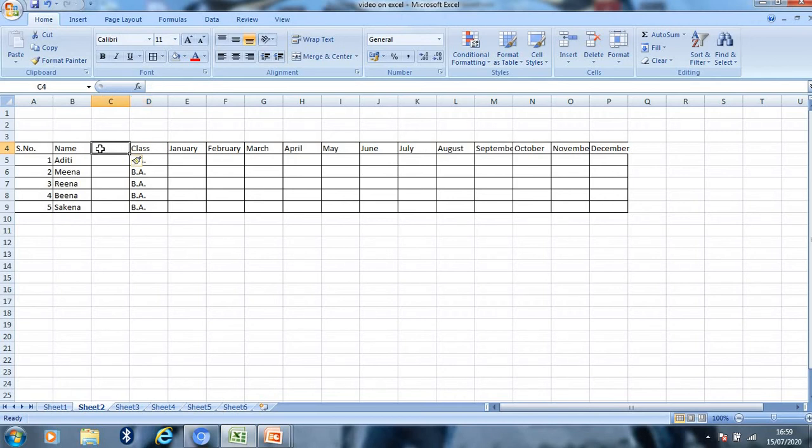Now I can type here roll number, so you can type numerals and text also to your worksheet as I told you earlier.